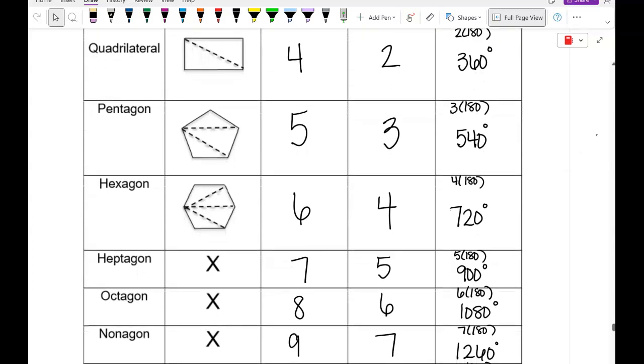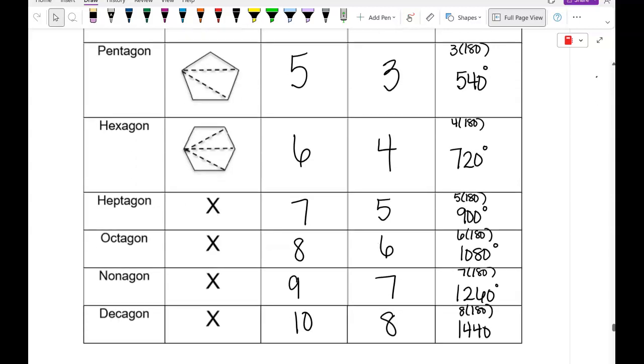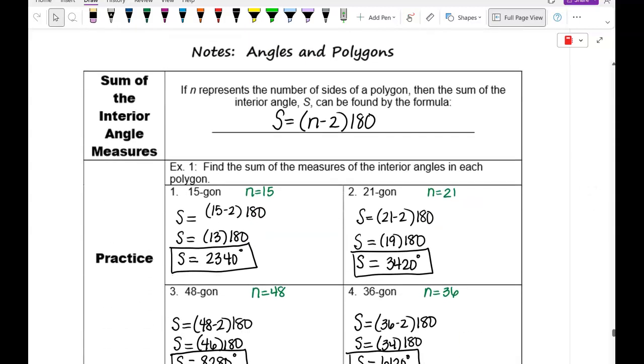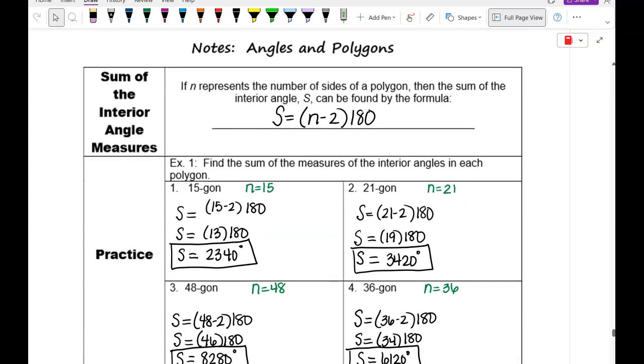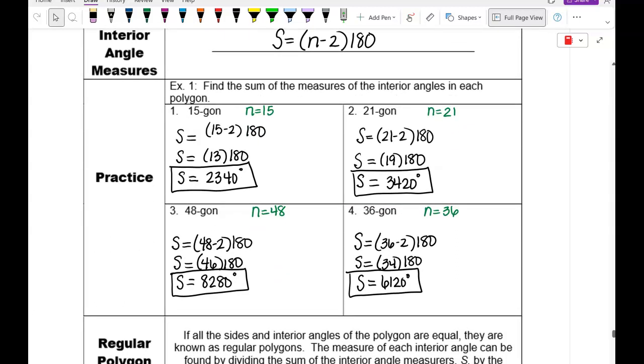And we saw that the number of triangles was 2 less than the number of sides, which led us to this formula for the sum of the interior angle measures. S equals the quantity n minus 2 times 180. And you applied that to these 4 problems, and we have a 15 gon, a 21 gon, a 48 gon, and a 36 gon. And we said really when it gets above 12 sides,